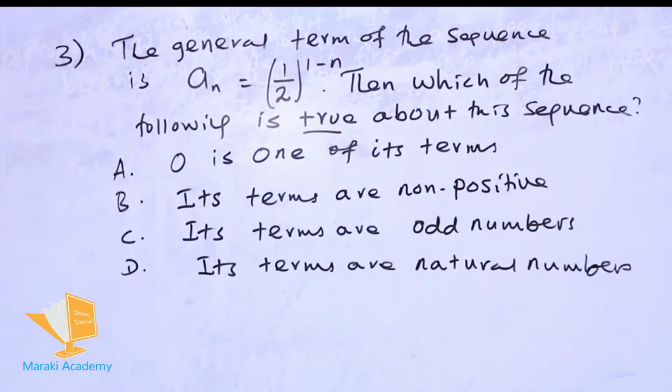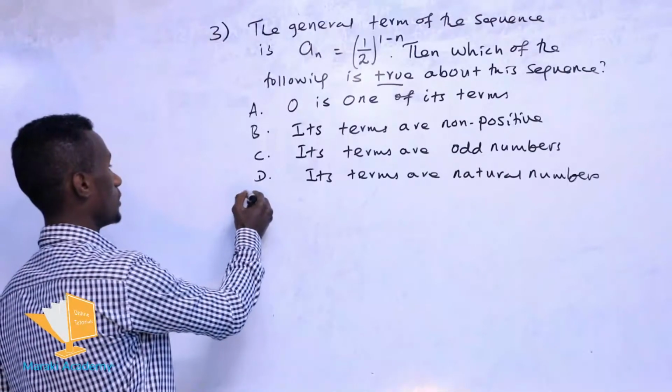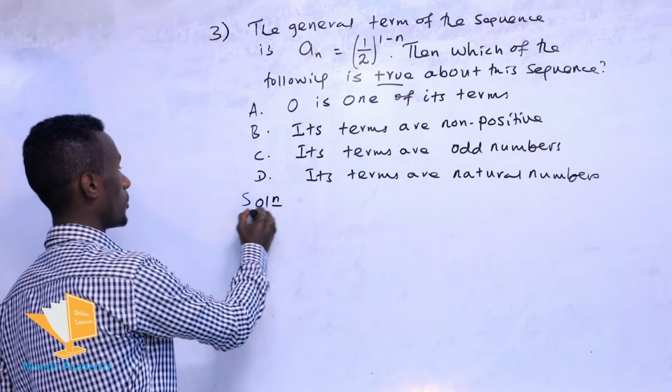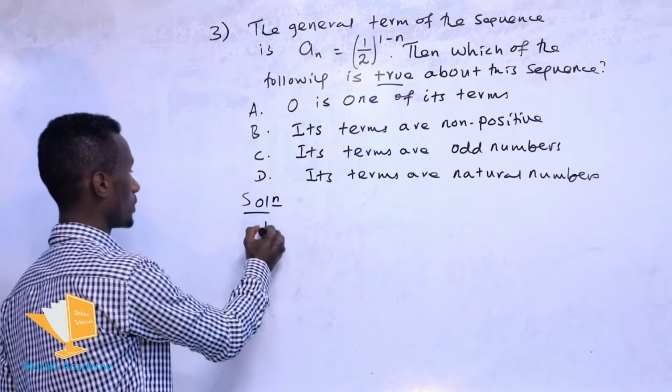The second: the terms are non-positive. Is each member a positive term or a non-positive term? The third, C: its terms are odd numbers. D: the terms are natural numbers. So we have to display the terms. So the few terms of